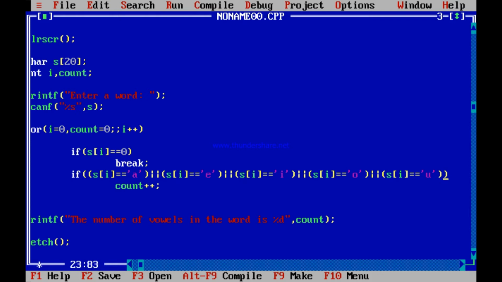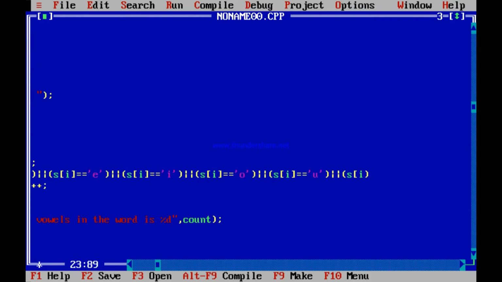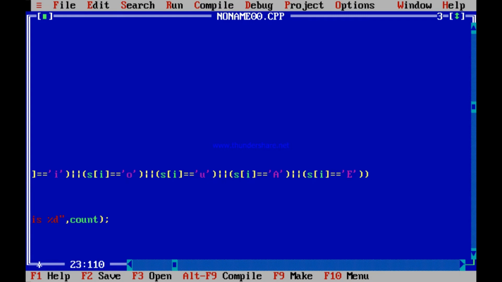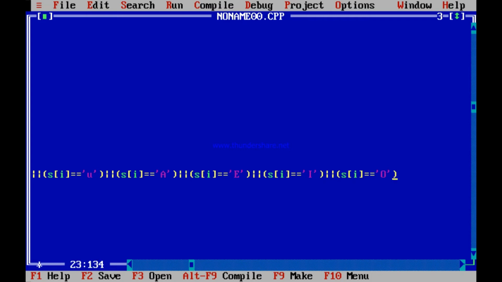So this OR should continue. OR Si is equal to capital A or Si is equal to capital E or Si is equal to capital O or Si is equal to, so A, E, I, O. I missed out I. Let me replace this by I. Then Si is equal to O. I missed out I the first time.